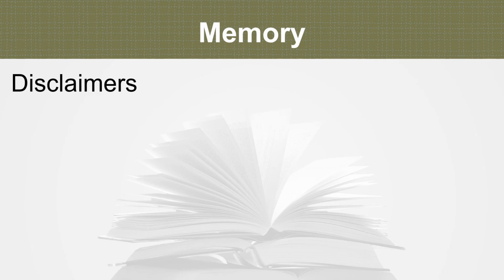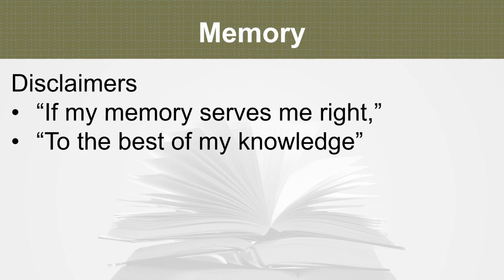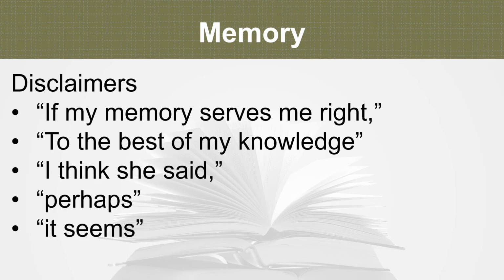Provide a disclaimer. For instance, you might write that this or that fact cannot be verified due to the missing documents or persons involved. If events from memory cannot be fully recalled, you can write, if my memory serves me right, to the best of my knowledge, or I think she said. Also, using perhaps, it seems, and apparently signals to the reader that you are not sure about it, but you are also being honest. In creative nonfiction, you reflect your own subjective point of view. It serves as the means by which your imaginative or creative skill emerges, but you are also expected to tell the truth.